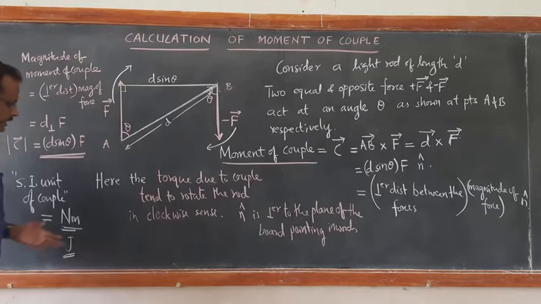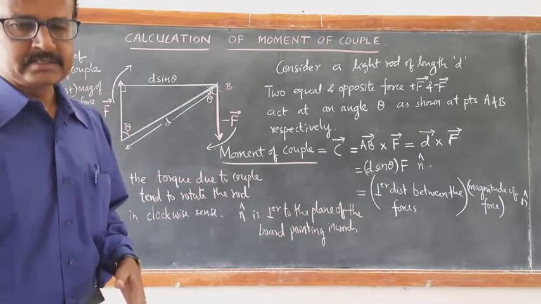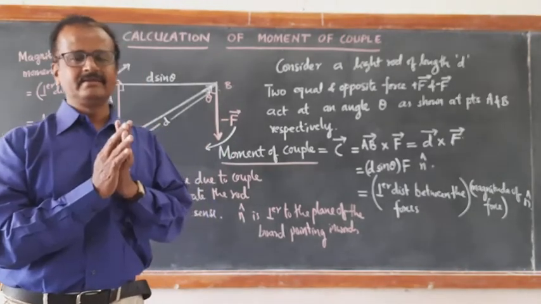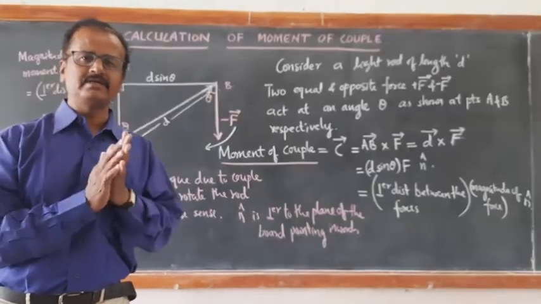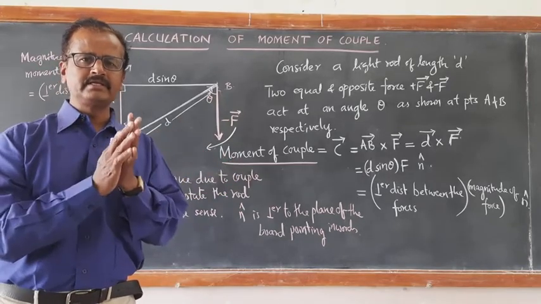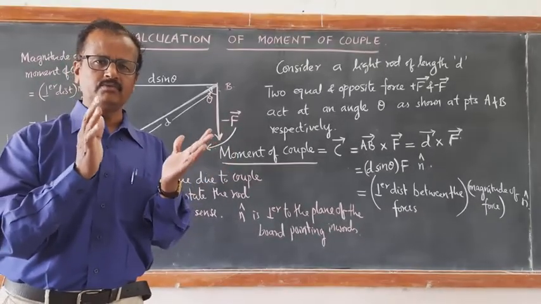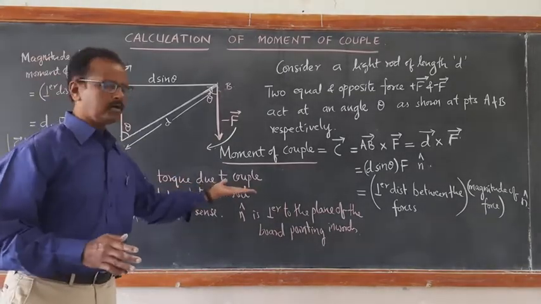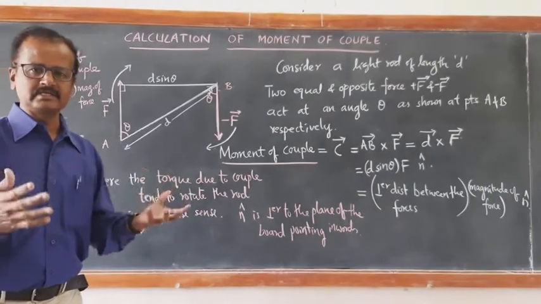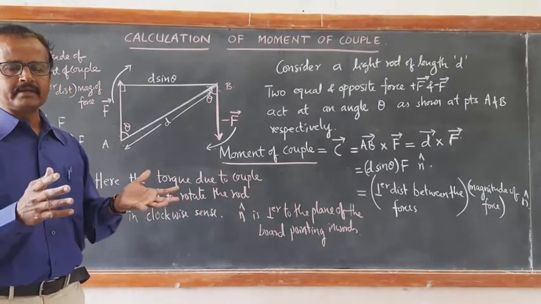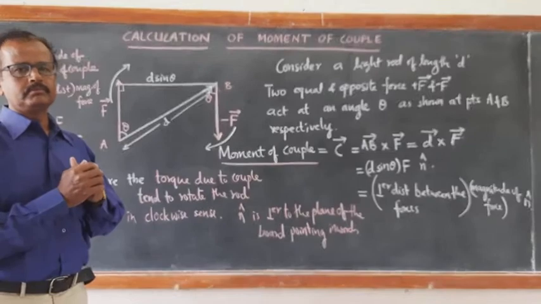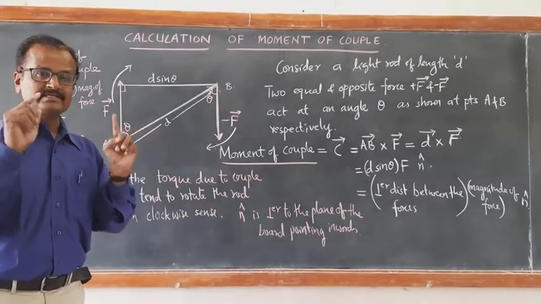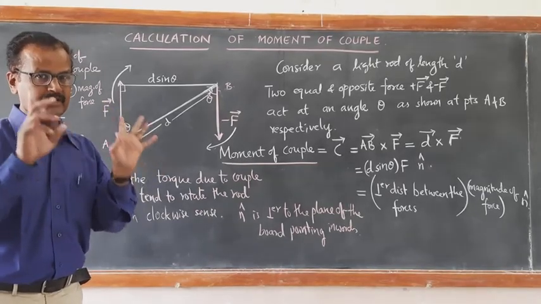Here you are getting another physical quantity which has the same unit as that of energy, same unit as that of work done. So work done also has the same SI unit, Joule or Newton meter. Energy also has the same SI unit. In the same way, even the torque or torque due to couple also has the same SI unit, Newton meter or Joule. Dimensions are also same. So these are the two physical quantities having the same dimensions and same SI unit.